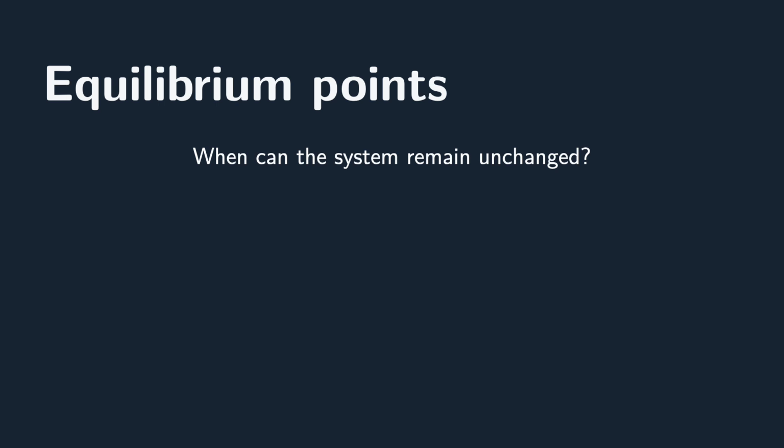Suppose the system is described by a variable x, and its rate of change is given by x dot equals f of x. An equilibrium point is the value of x where, if the system starts at that value, x does not change. For this first order form, that means x dot equals 0. So, we are looking for values of x where f of x equals 0. We usually write those equilibrium values as x sub e.